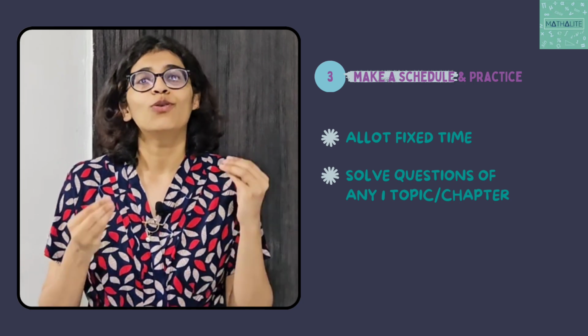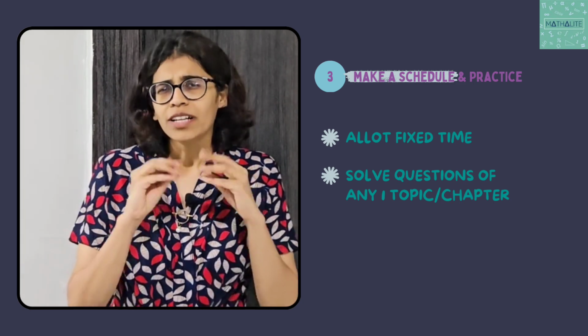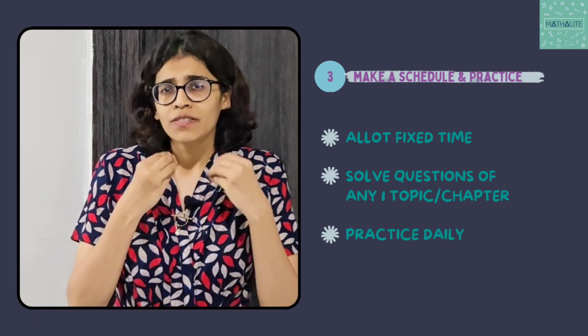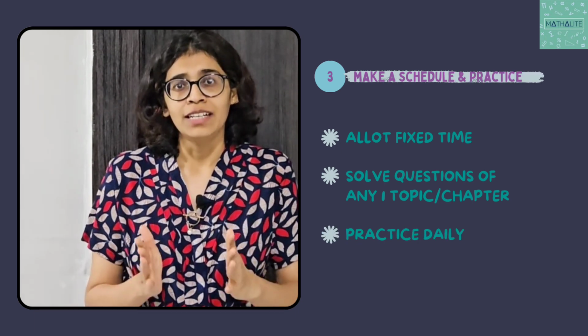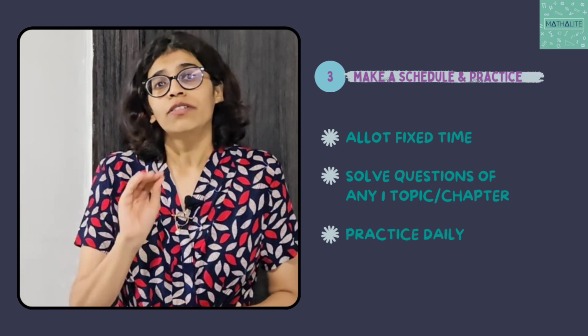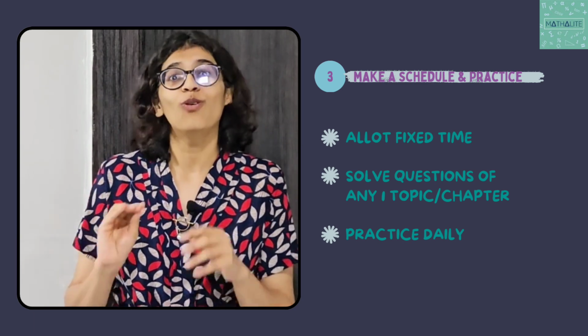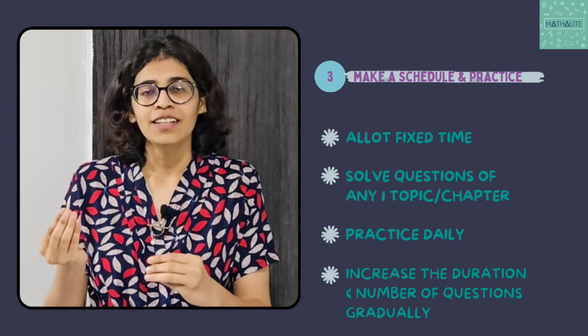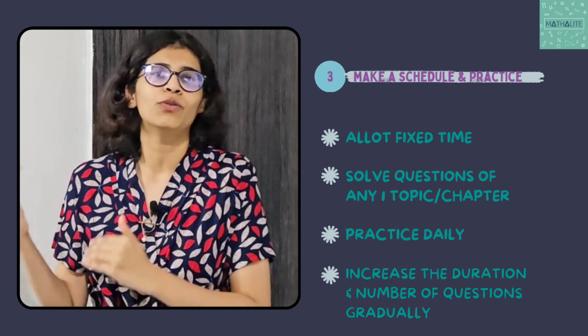Okay, so what will happen is whatever number of sums you're solving, 5, 10, 15, 20, let's say you're solving 10 sums on an average daily. By the end of the week you have solved 70 sums. So you are finishing the syllabus slowly. Alright, but this is eventually going to help you out.